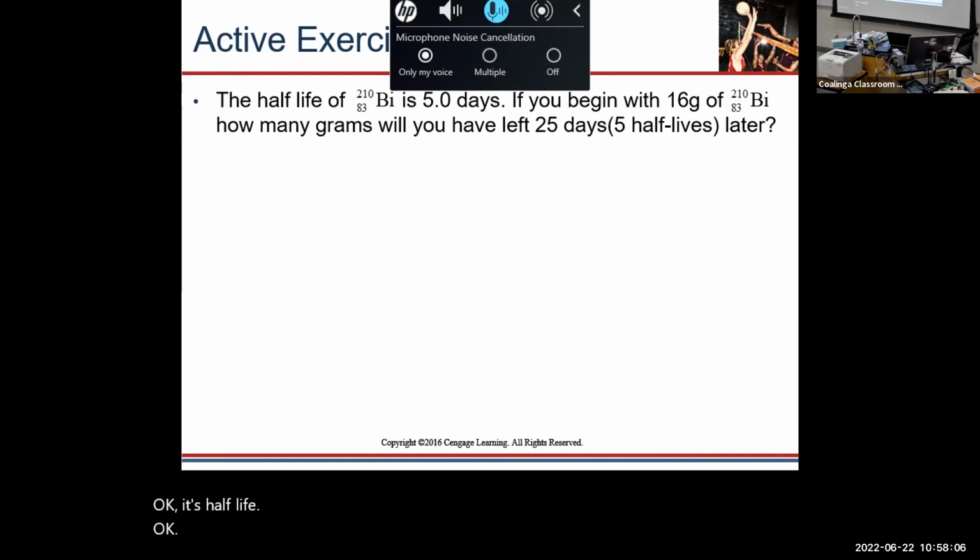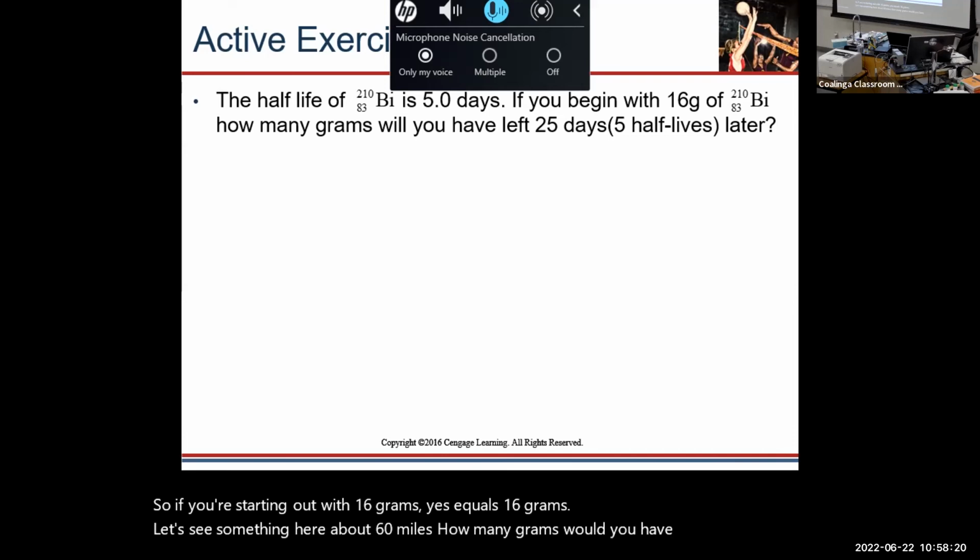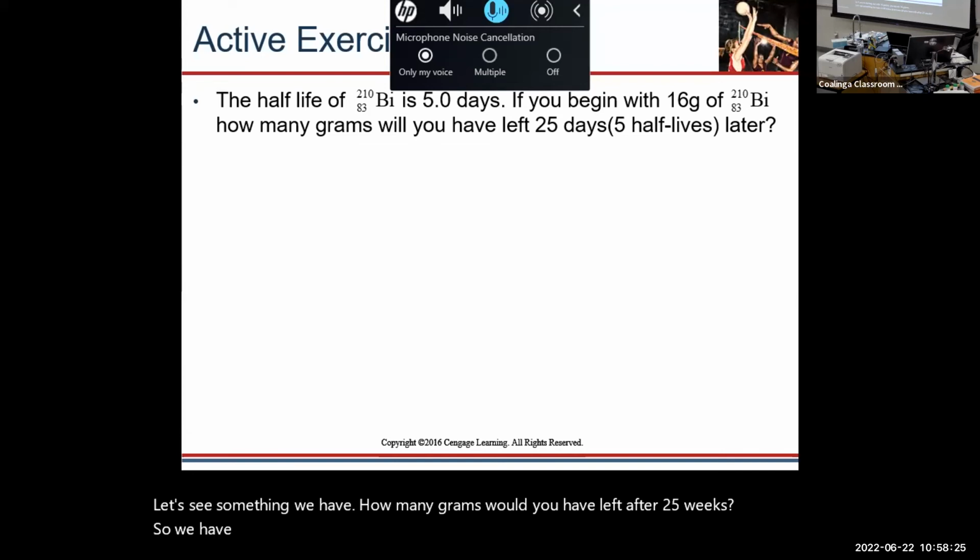If you're starting out with 16 grams, so our S, of bismuth, how many grams would you have left after 25 days? So if we wanted to calculate our n,